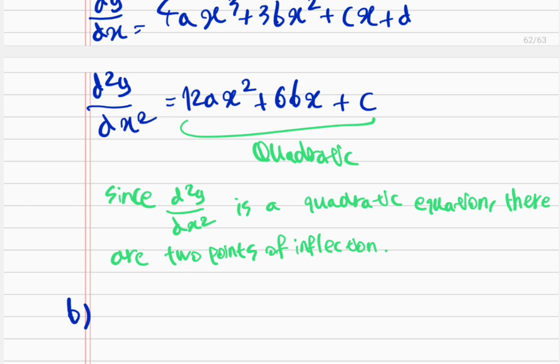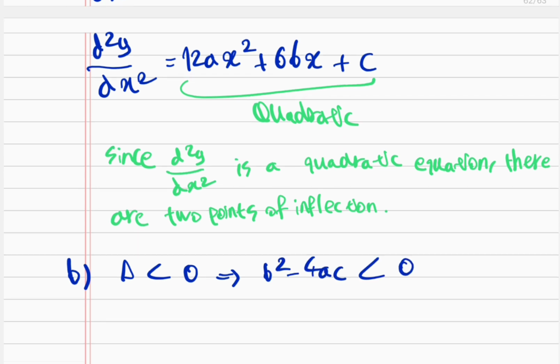real solution is when the discriminant is less than 0, or is negative. And when it's negative, that means there are no real solutions, which means there won't be any points of inflection because there are no solutions to begin with. So all we need to do is find the values for which the discriminant is less than 0. And if we do so, it automatically proves the second question. So we want to find when the discriminant is less than 0. So when b squared minus 4ac is less than 0, which means,